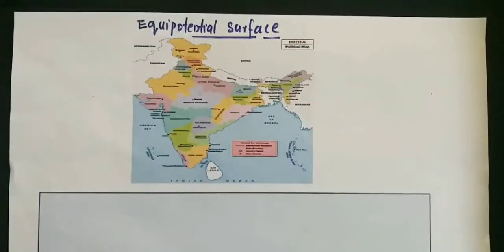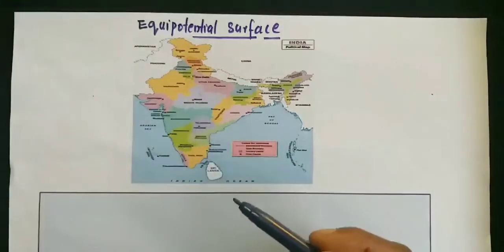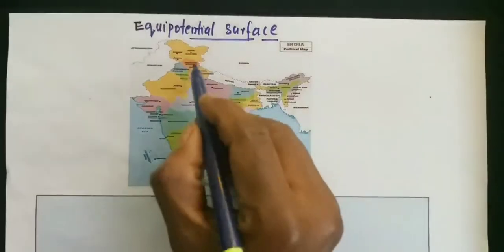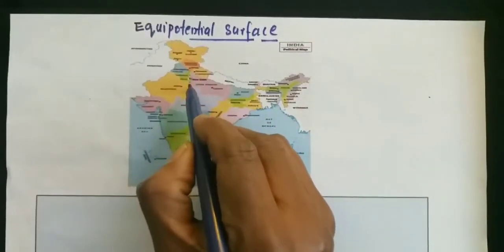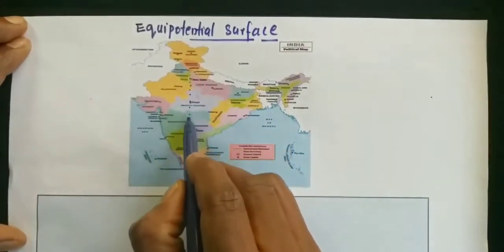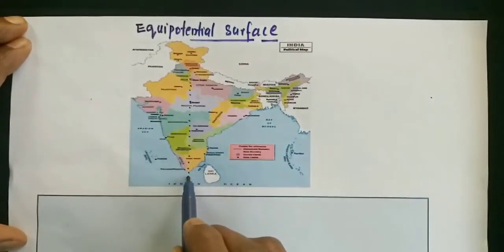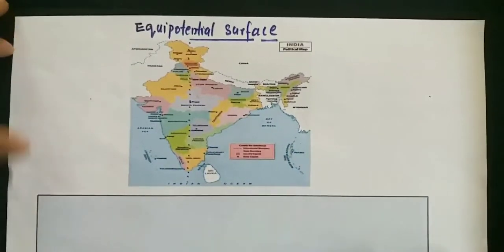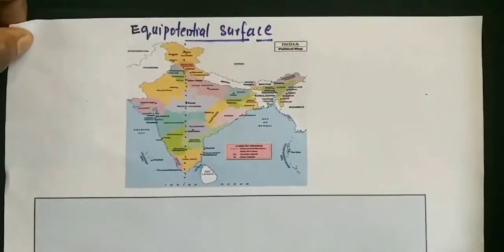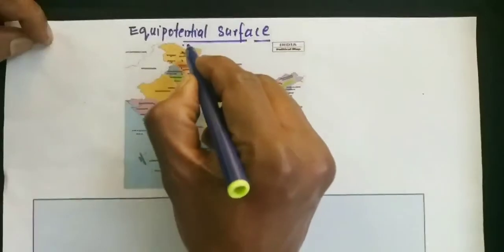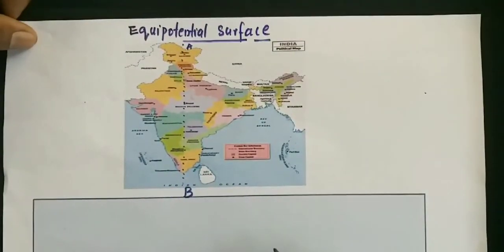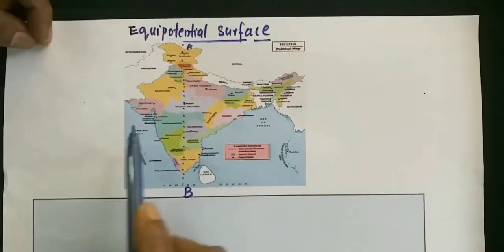Now what I am going to do is simply draw a line from the northmost part of India to the southmost part of India. As you can see, I am going to draw a line which will divide India equally into east and west. Okay, now as I told you, a group of people want to go on an excursion or a tour. Let me mark two points, A and B, through which the line passes.